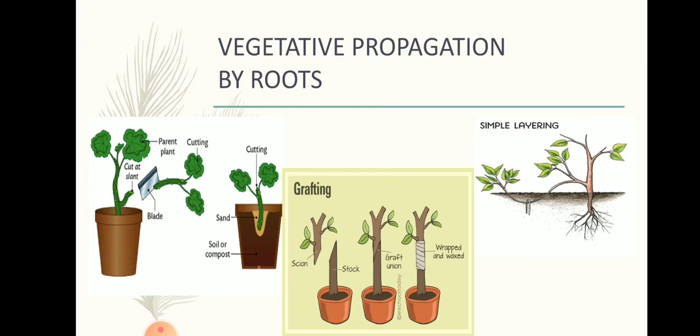Vegetative propagation in plants can also be done through artificial means, by various techniques like cutting, grafting and layering. These three processes you can see in the pictures in the slide. The first shows the cutting process. Here, a part of the stem or leaf of a plant is cut and then planted in moist soil, and roots come out of the cut part and give rise to a new plant.